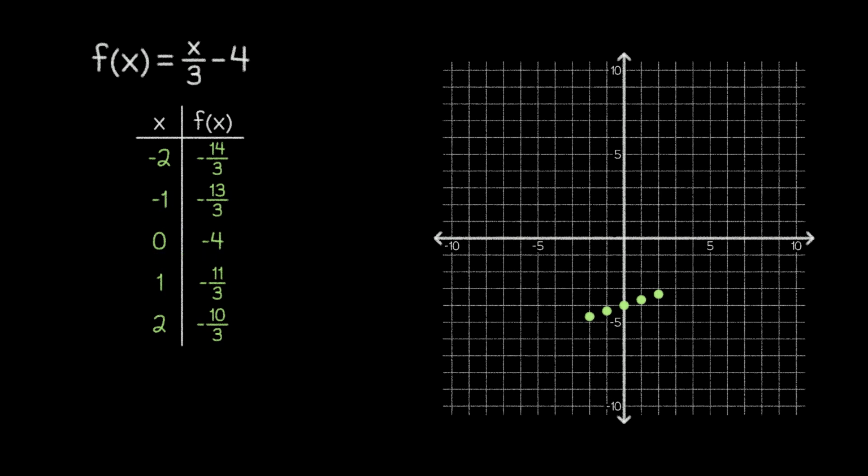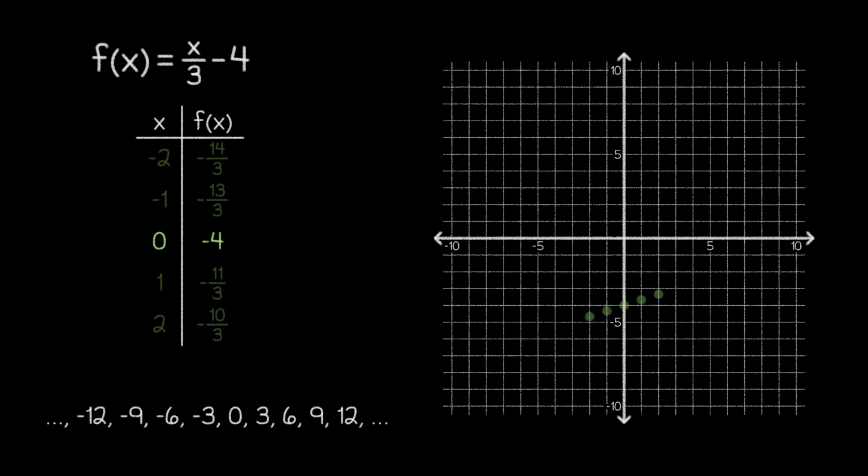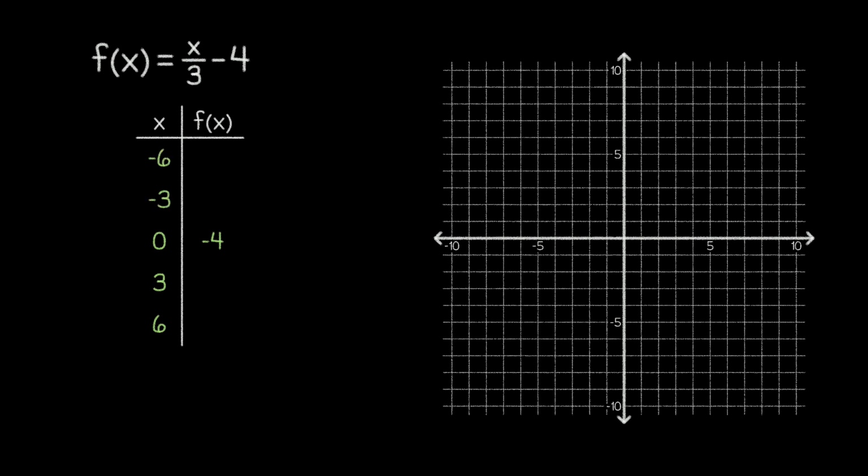The trick then is to see if we can find other input values that have this same property. And if we tried a variety of input values in this situation, it wouldn't take long for us to discover that any multiple of 3 is going to yield an integer output. So let's adjust our table of values so that the inputs are only multiples of 3. We'll keep 0 around, but then we'll jump to 3 and then to 6. And to keep things balanced, we'll also include -3 and -6.